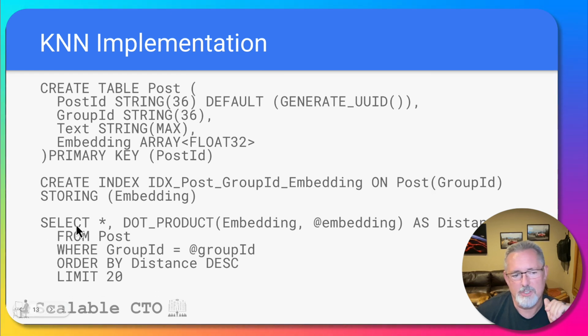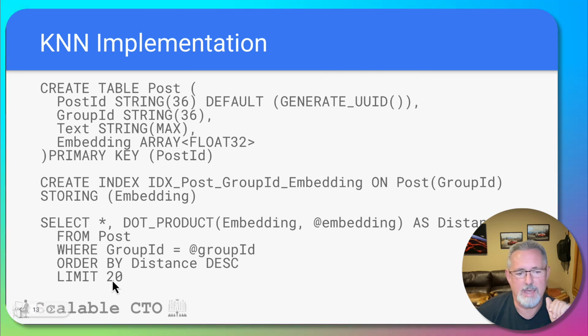And then we run this query where we say, okay, give me all the fields, including the dot product, which is a function I'm going to call, where I'm going to pass in the embedding to the query parameter, and I'm going to compare that to the embedding from each row. And the result of that I'm going to call distance. So I'm going to do that from the post table, where the group ID is group ID, order by distance,